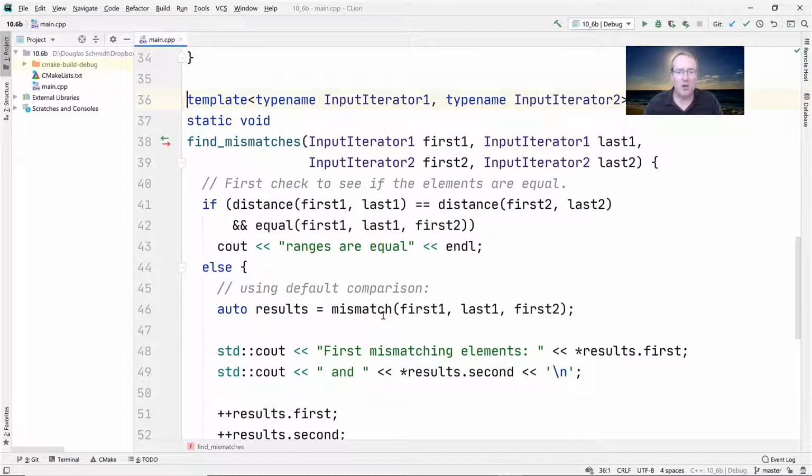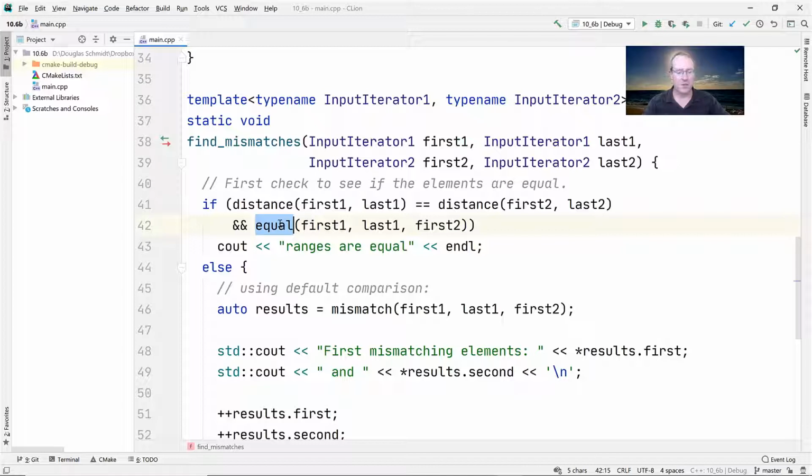So the first thing we do is we say, is the size of the first range equal to the size of the second range? And if they're not equal, then we need to be very careful how we do the rest of the computation, because if you're not careful, you can have some problems with other calls. But we'll worry about that in a second. If they are equal length, then we're going to go ahead and call the equal algorithm. And you can see what equal does is, if I can get it to show up,